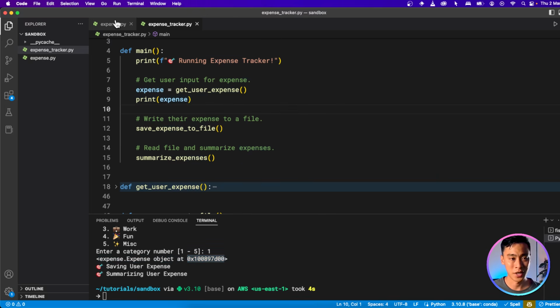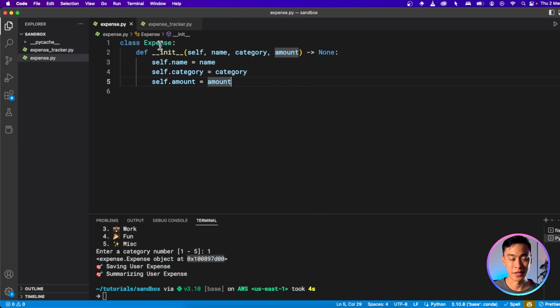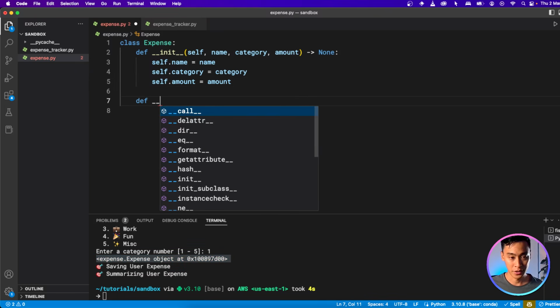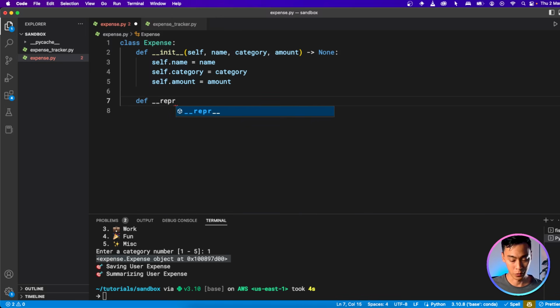Well, we can actually do that in Python because there's a default function that comes with all classes that tells you how to represent it as a string when you try to print it out. And that special function is called __repr__, which I guess stands for representation, but I could be wrong, but it doesn't matter.